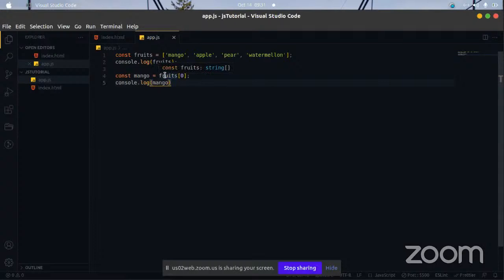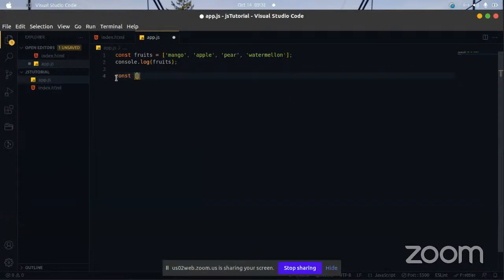So there is something they call array destructuring. It's not just array destructuring, it's called destructuring because we could use it for both objects and arrays. So how do we do that? This is what we do with destructuring in arrays. We could say const, and it's more like we're creating another array.